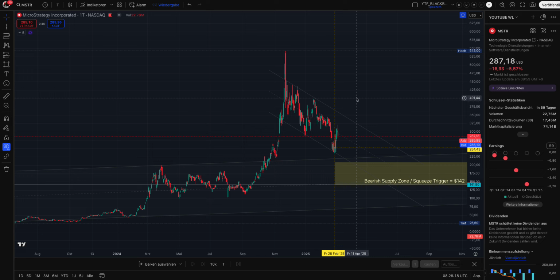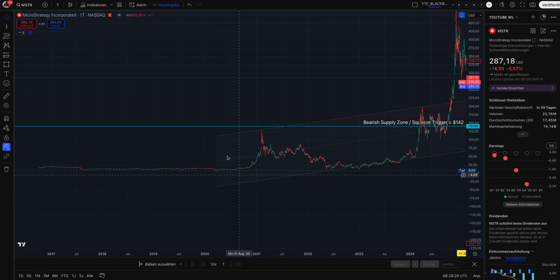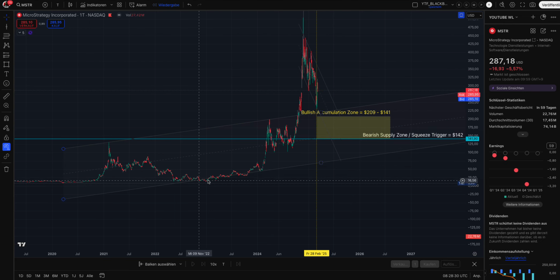This is what we want to see for MSTR as well. So where are the price levels for this, guys? It's very simple. Overall, MSTR is in a very strong uptrend, marked by this trend channel pattern here, guys. You can see the macro trend channel pattern where we are in a strong uptrend. We squeezed out of this trend channel pattern, and in my opinion, the lowest possible price which we should see